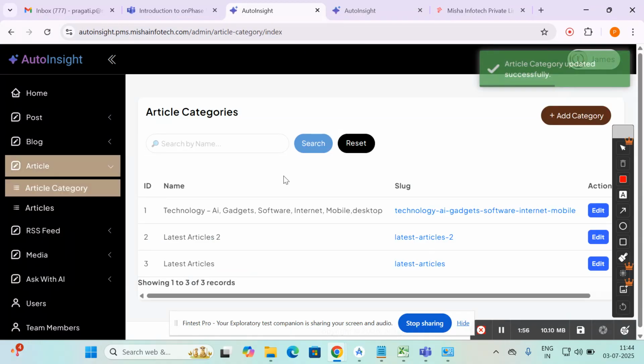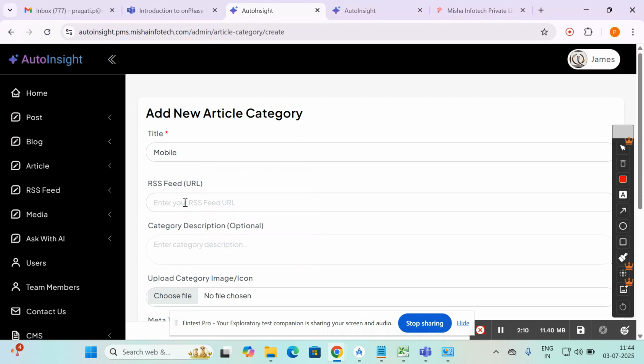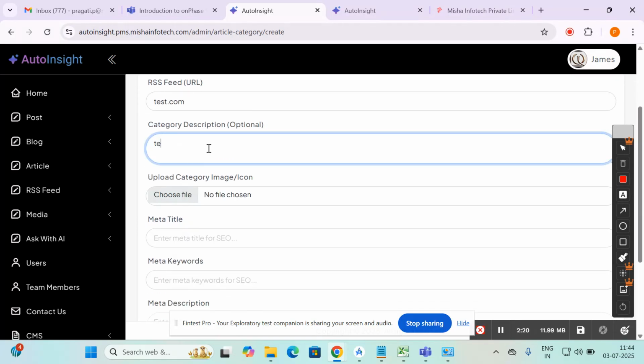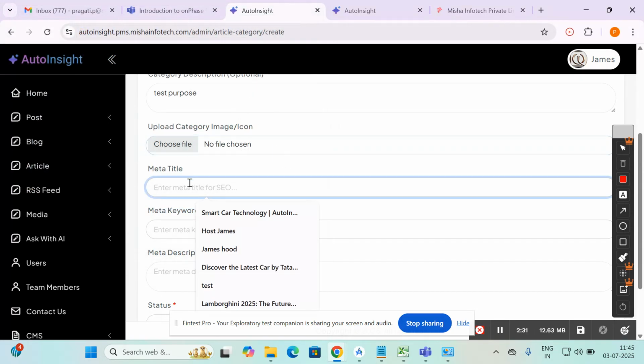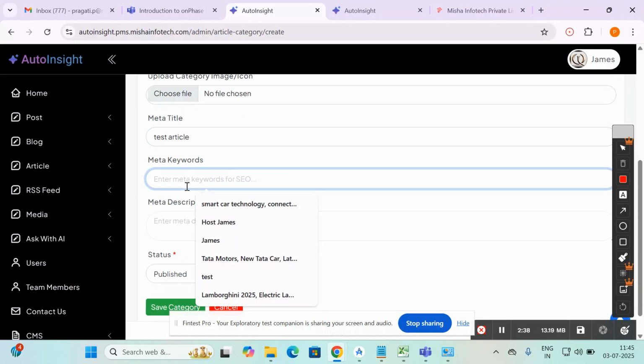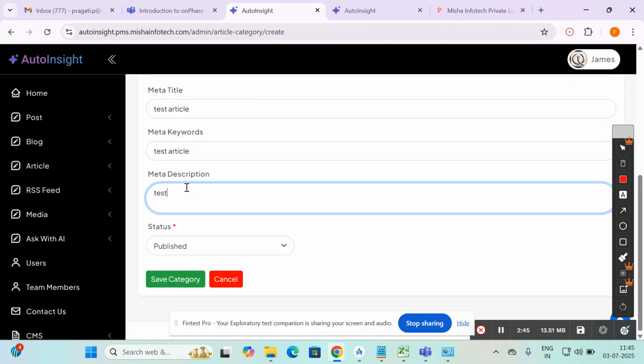If we want to add new category, then click on add category option, enter the category, mobile, RSS feed URL, just test.com, category description, test purpose, it's not mandatory, test article, meta keyword, test article, meta description, test.